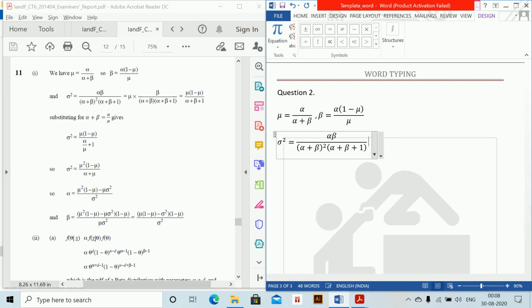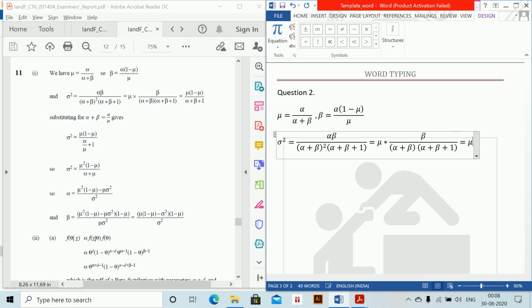Okay, so therefore this is equal to μ into... okay, so this is there, and then equals to